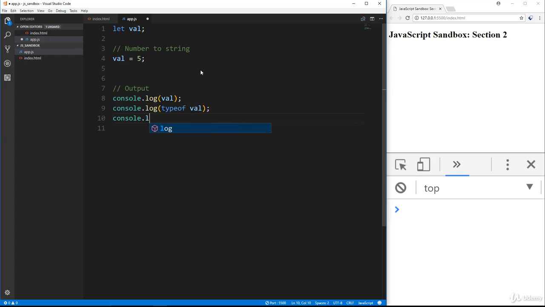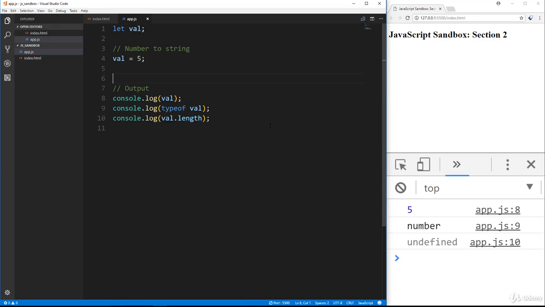And then I'm going to do console.log, and I'm going to take that value, and I'm going to call the .length property. Now length only works on strings, it's a string property. It gives you the number of characters in a string. So let's go ahead and save this and run it and see what we get. So first thing we get is 5, which is the value. That's fine. Number is the type, and then val.length gives us undefined